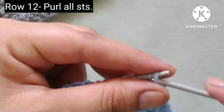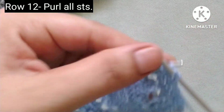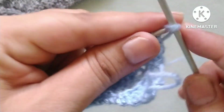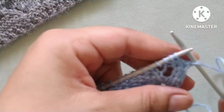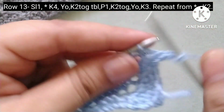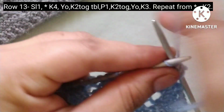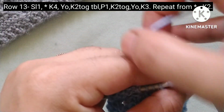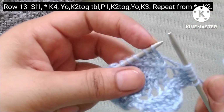12th row, we will purl all the stitches in the 12th row. 13th row, slip the edge stitch. After that our pattern will start, and the pattern is knit 4 stitches, 1 2 3 and 4, knit 4, yarn over. Now twist this stitch